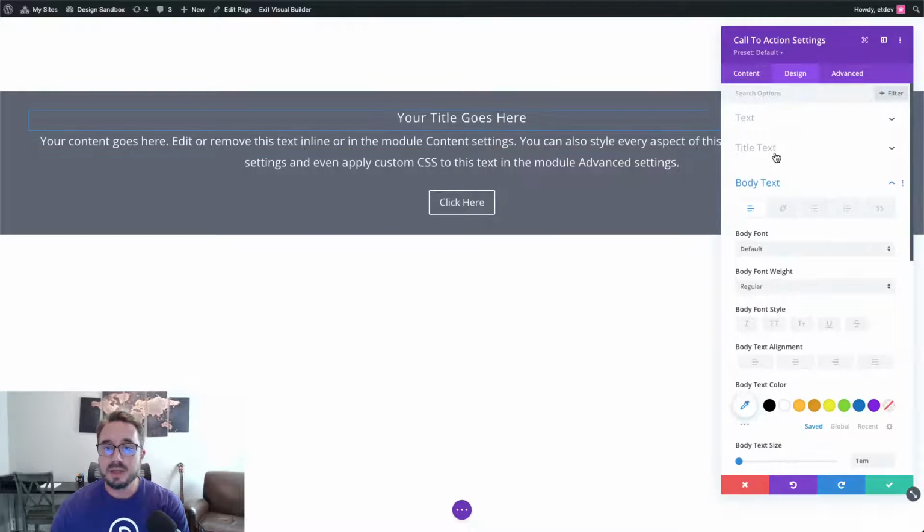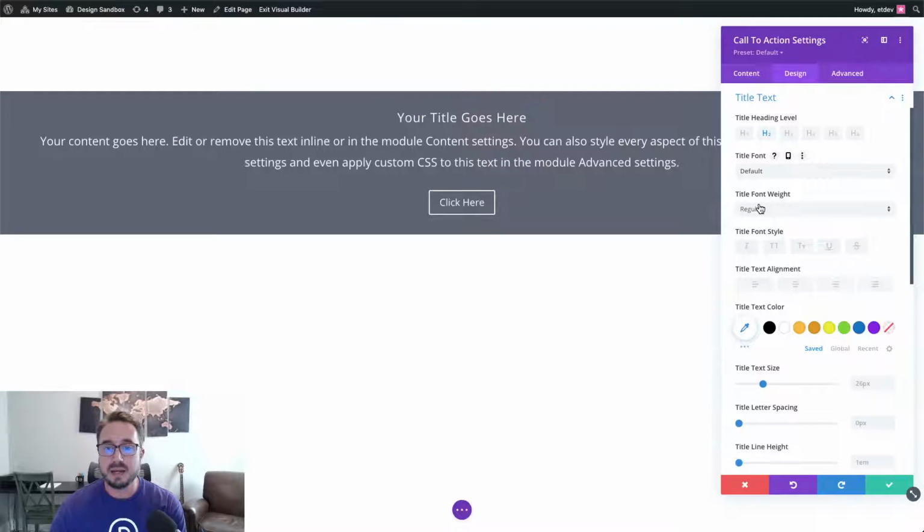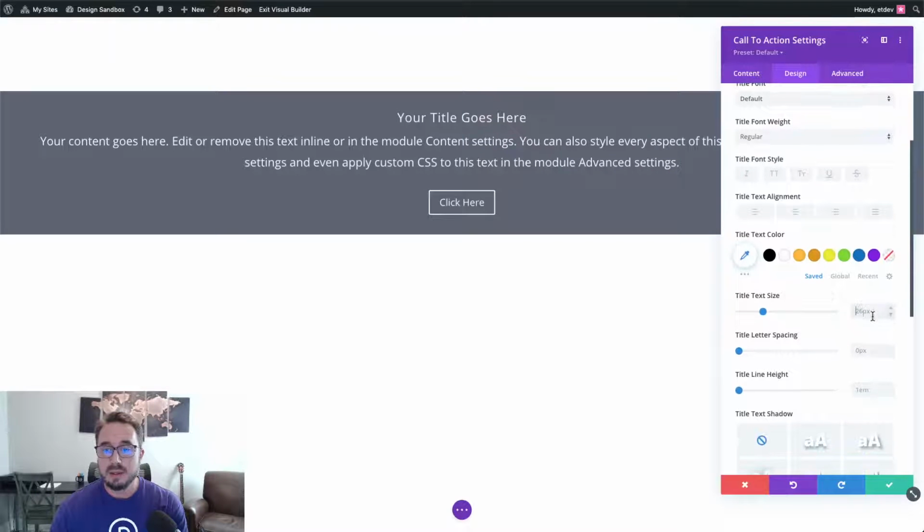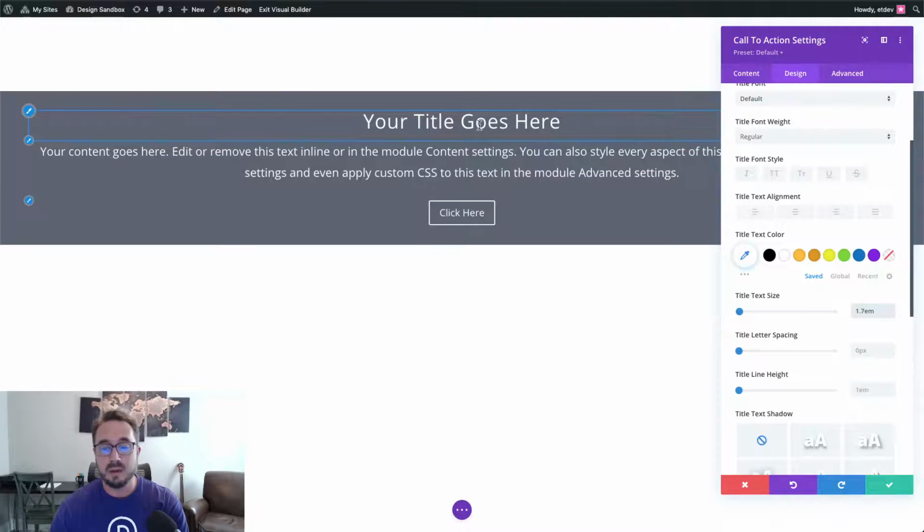And let's jump over to the title text. So the title text, we want it to be a bit larger than our body text. So instead of the default 26 pixels that it's using now, we're going to use an EM length unit. So we're going to do 1.7 EM. As you can see now, our title is